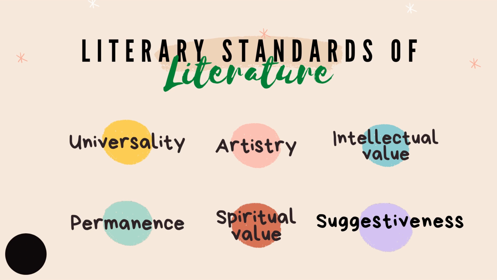So in literature kasi, we can say that it's permanent if it's already written from ages ago and still it's relevant up until now. If you have read some works from Shakespeare, okay, it has been written many, many, many